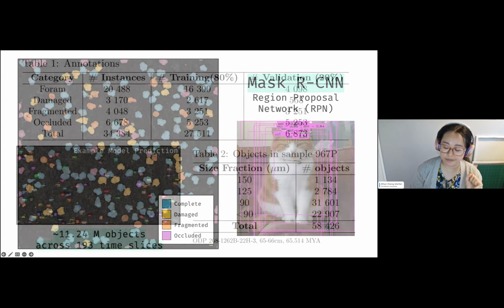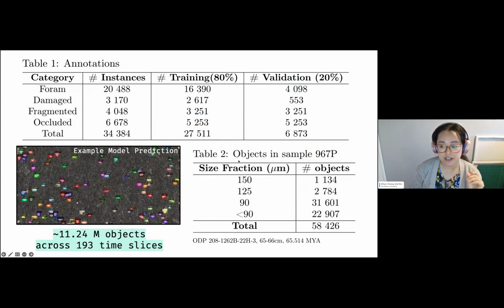Unfortunately, for training these types of models, you do have to spend a lot of time building training sets. So I labeled about 34,000 individual forams, those pixel maps that I showed on the previous slide, which sounds like a lot. But if we're able to train a model that's able to identify these different objects by just labeling 34,000 individuals,